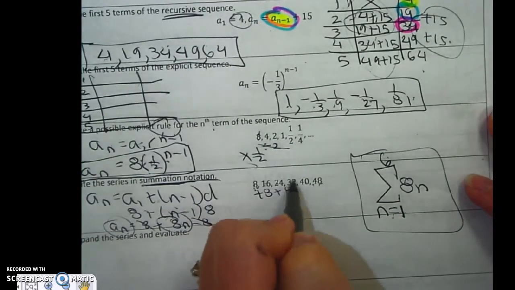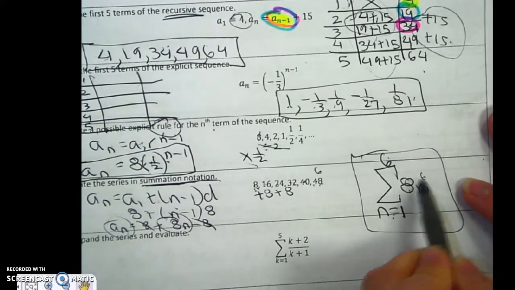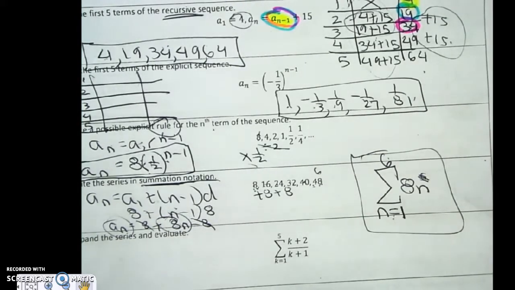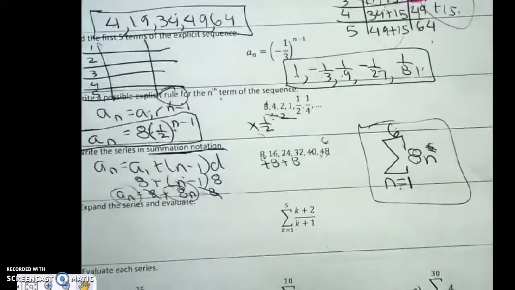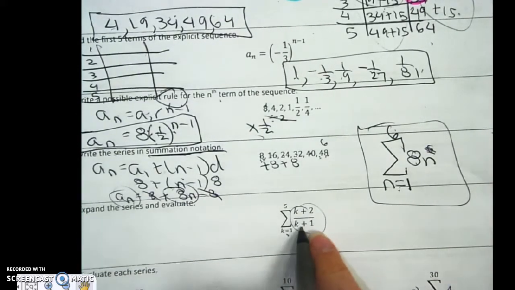1, 2, 3, 4, 5, 6. I think this is the 6th term. So if I plug in 6 here, 8 times 6 does equal 48. So I'm good to go. Okay. All right. This one is in summation notation, and I gave you a complex